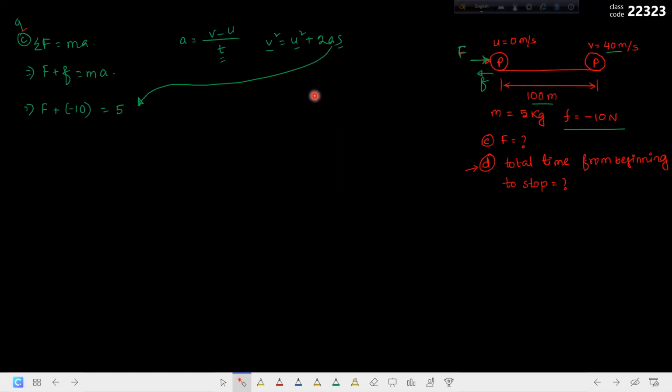So kindly check, is all the information available or not? We know that we need to calculate a, so I will circle a, and I will check whether the other information is known or not. Final velocity v, yes, it is known, so I can underline it. And then u, initial velocity, it is also known, so I will underline it. And the distance covered s, that is also known, it is equal to 100 meter, right? So I will write it as equal to 100 meter. So you can see that from this equation we can easily calculate a. So let us do that.